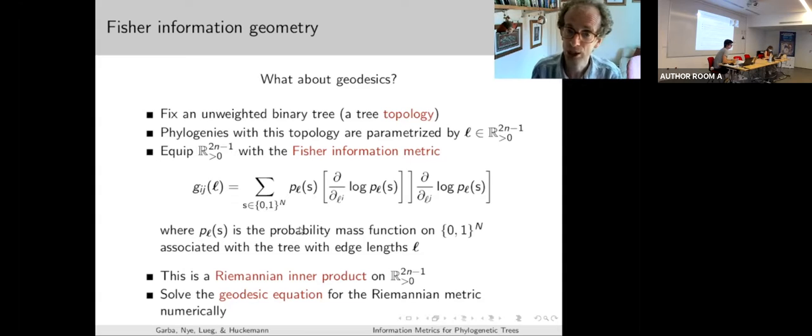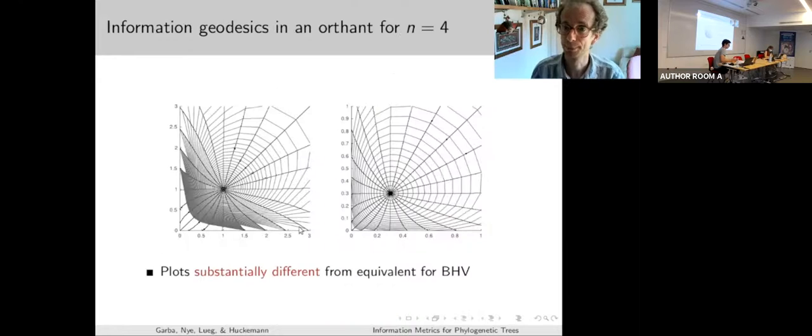So what I'm then able to do is solve the geodesic equation for this Riemannian metric. So I can solve this numerically, and you get pictures like this. This is what we call a cobweb plot. I've drawn a set of geodesics fired from this central point. The axes here correspond to the internal edge lengths. I've got n equals 4 vertices, so I'm plotting the lengths of the two internal edge lengths on my 4